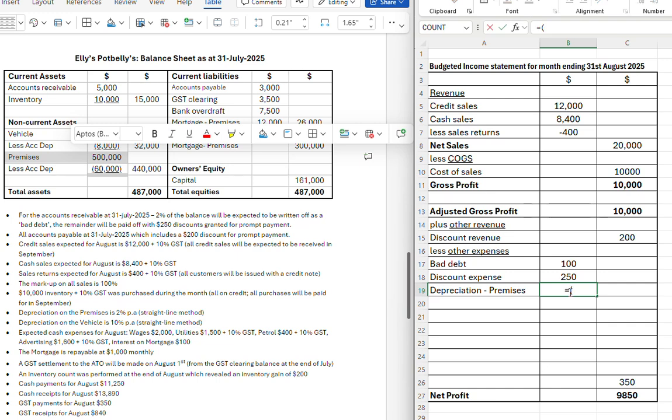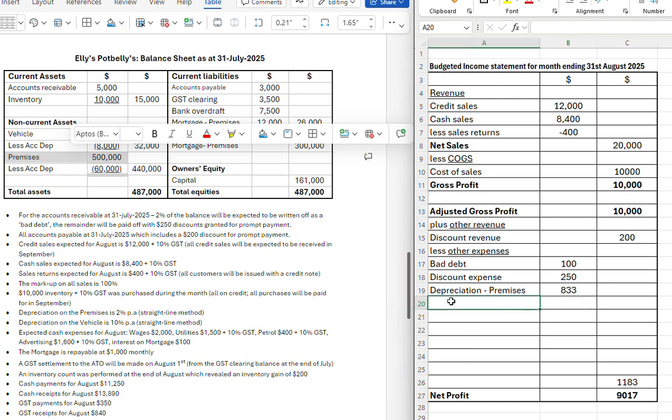So using the formula equals 500,000 times by 0.02, again careful with your decimals. Now that will help us work out depreciation for 1 year per annum. We only need 1 month here. This is a budgeted income statement for 1 month, so therefore we can only allocate 1/12 of a year. So to work out our figure, we're going to divide that calculation by 12, 1/12 of a year. Gives us